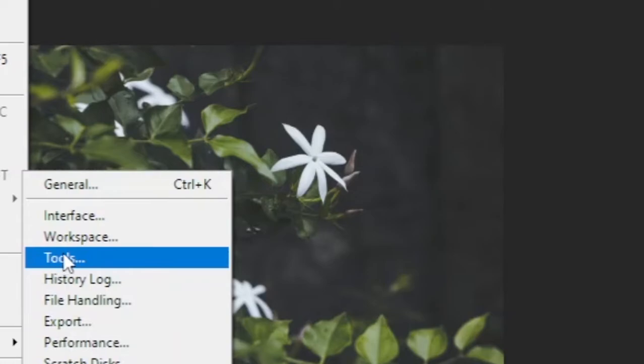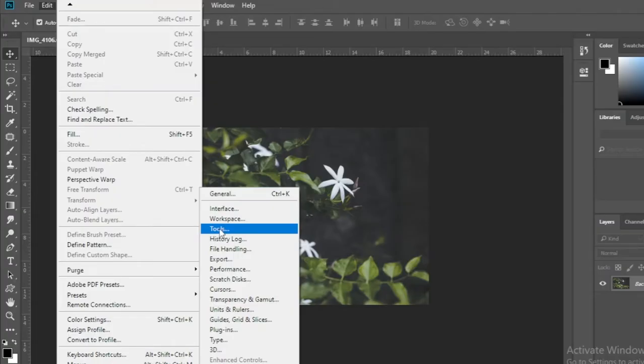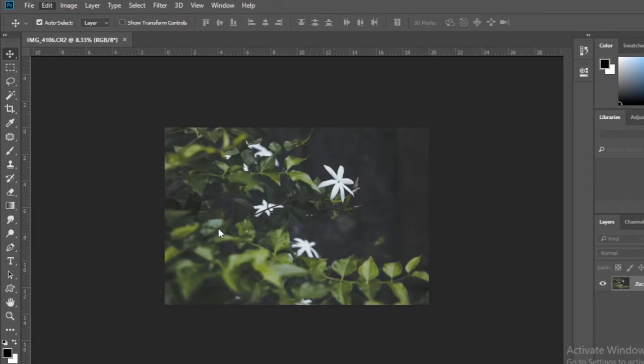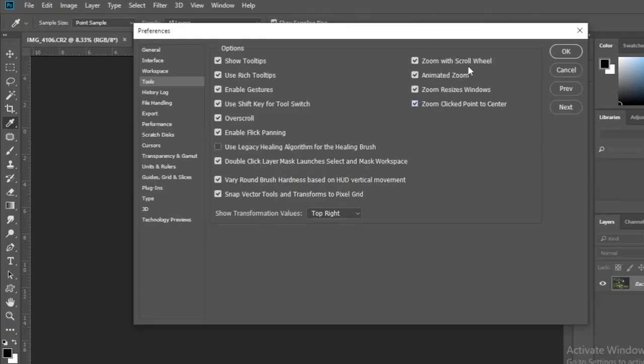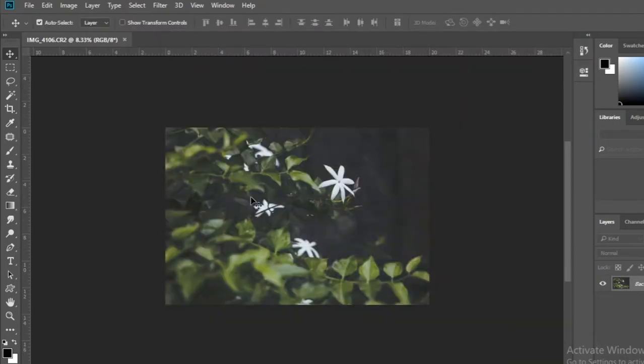Click Preferences. Then click on Tools. Then a menu like this will appear. Select the Overscroll option. Then select all the options on the right. Right now you can zoom an image using the mouse